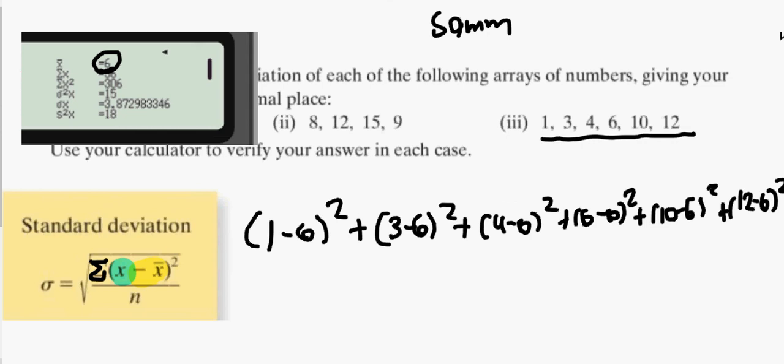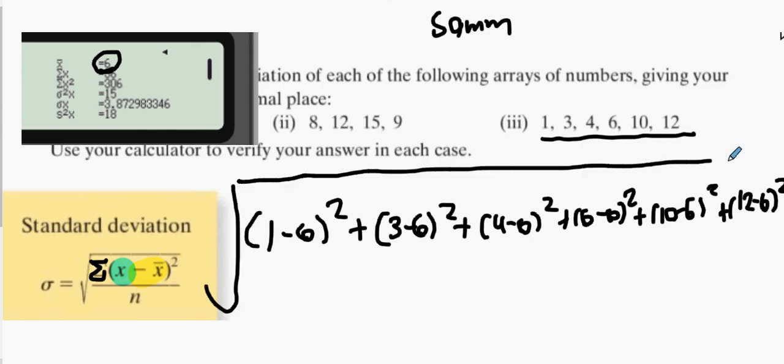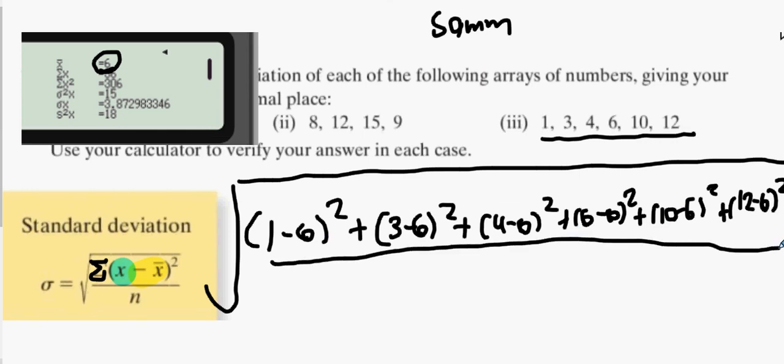Now, next thing, throw all that into the square root sign. Now you're not going to enter all that directly into your calculator, that'll be a waste of your time, alright? And then divide it by the square root of n. What do you think n is? How many numbers did we have? 6, alright? Now what I'm going to do instead is the square root of, what's that,